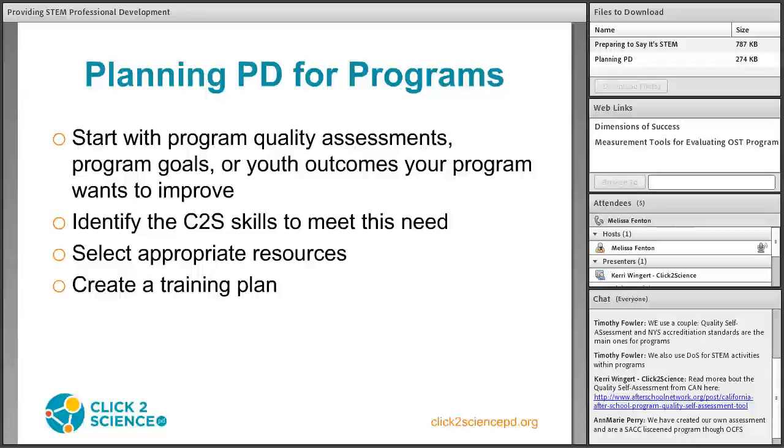So let's talk a little bit about planning professional development for programs. So in the files to download pod, there is a planning PD handout. It's the second document down, and we've shared it with some people who found it very helpful in specifically using Click2Science to improve STEM program quality and the skills of their staff. So if you're interested in that, you can download that and use that to help you plan professional development using